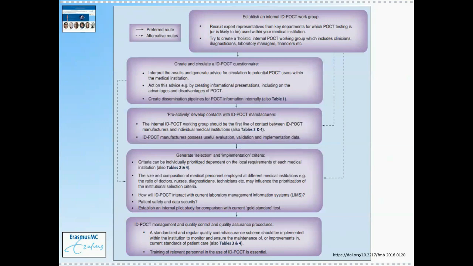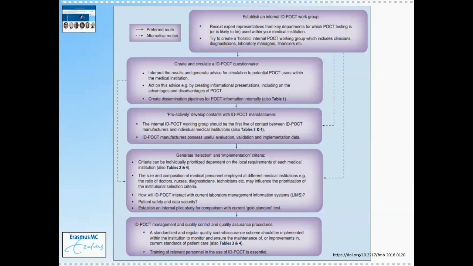So essentially, we recommend to begin by establishing an internal ID-POCT working group, so that we gather together infectious disease specialists, but also other specialists from other departments, to discuss point of care testing and ID-POCT. What we then did was create and circulate a questionnaire to test the knowledge of the end users, the doctors and the nurses within the institution, to find out what they were lacking, what they needed, what information on point of care testing.